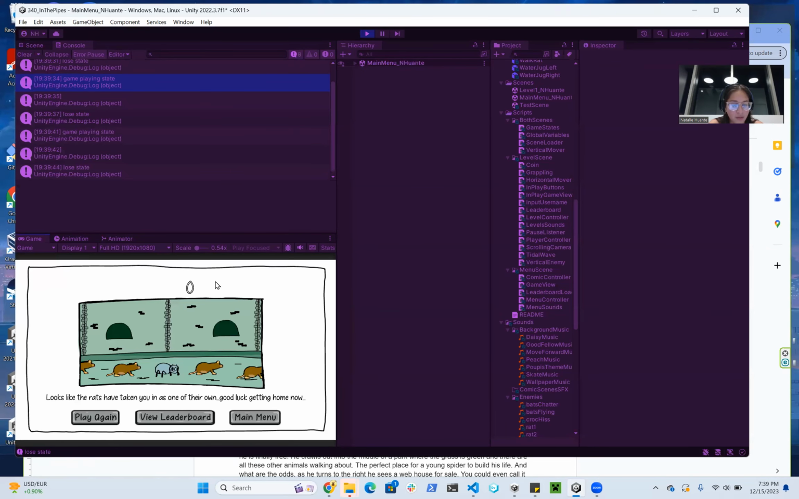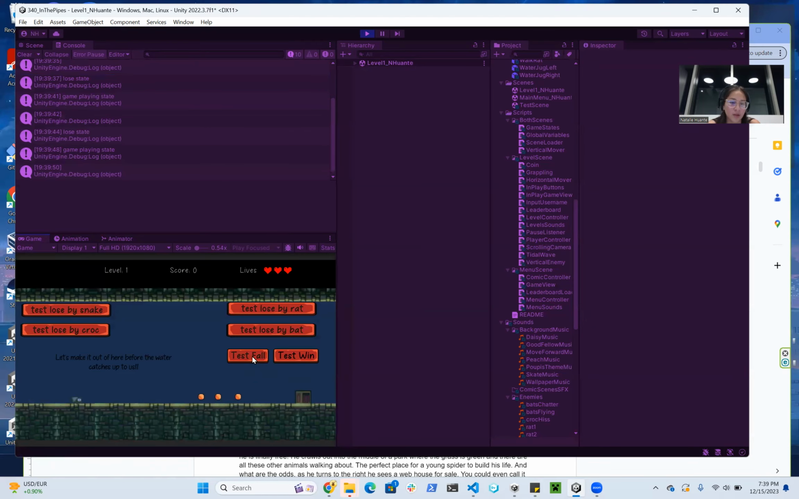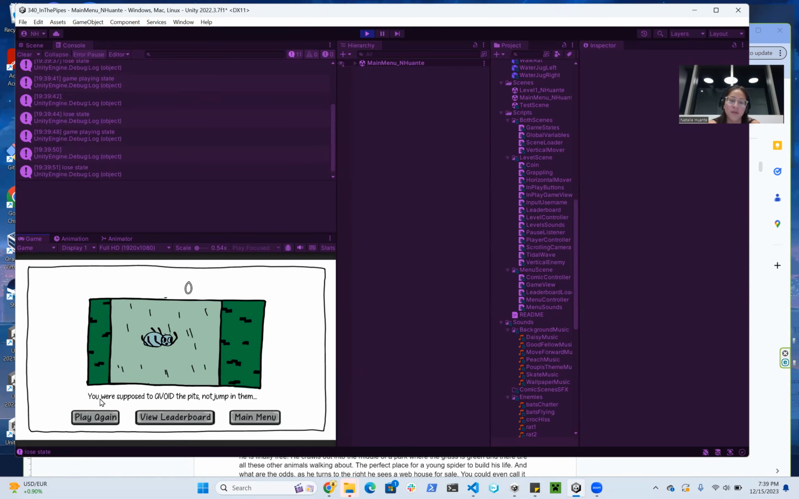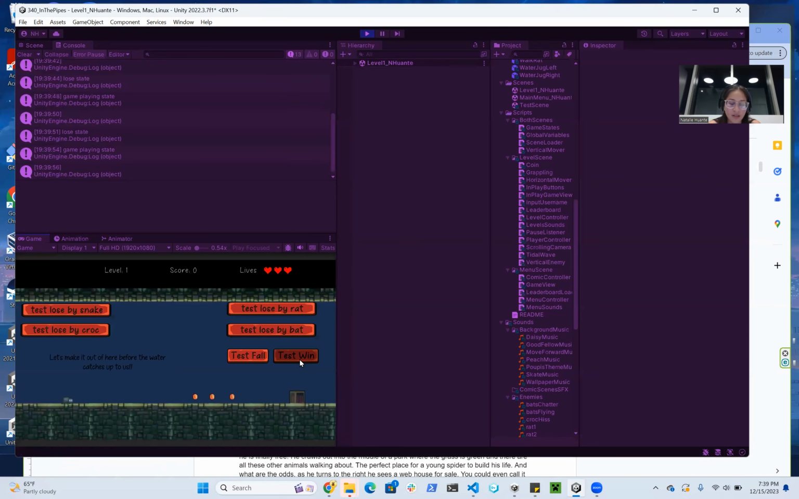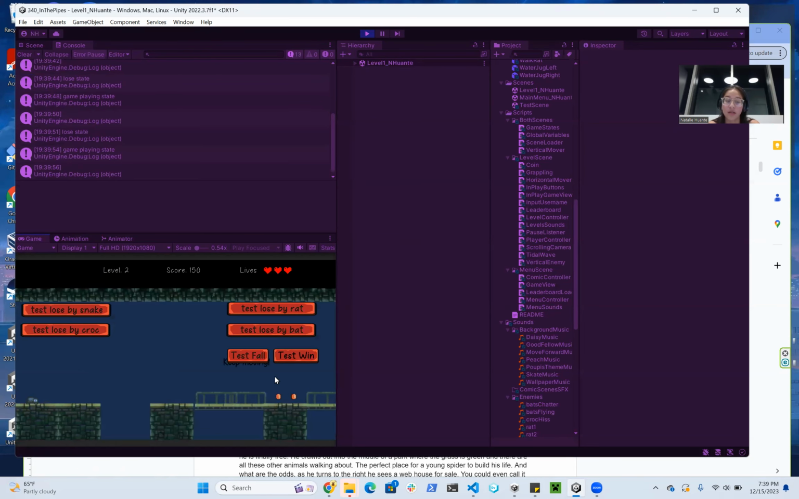We did the bat one, so let's do the rat one. Looks like the rats are taking you as one of their own. Good luck getting home now. And then we can fall down a pit. We were supposed to avoid the pits, not jump in them. Same kind of scenario, and then if we win, right now there's only 2 levels, so if we win both